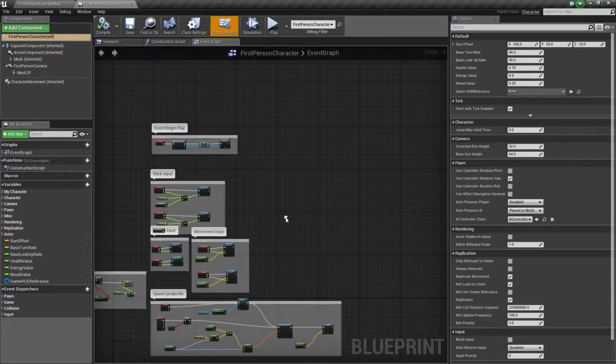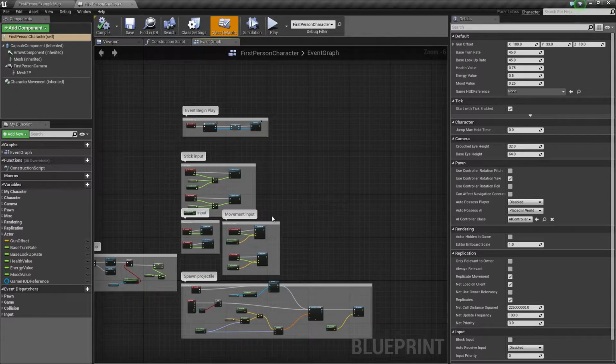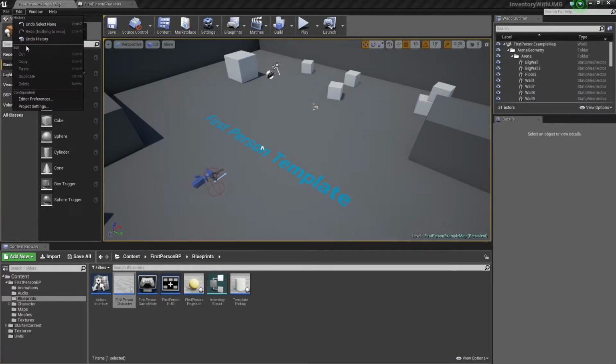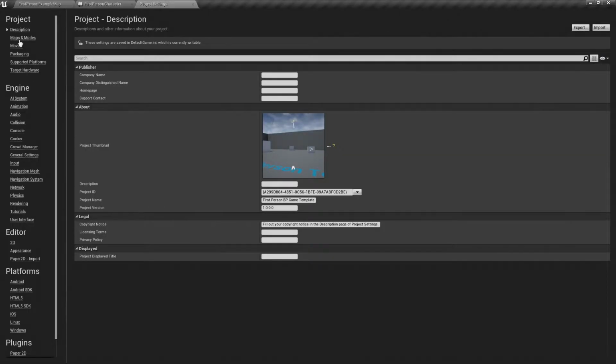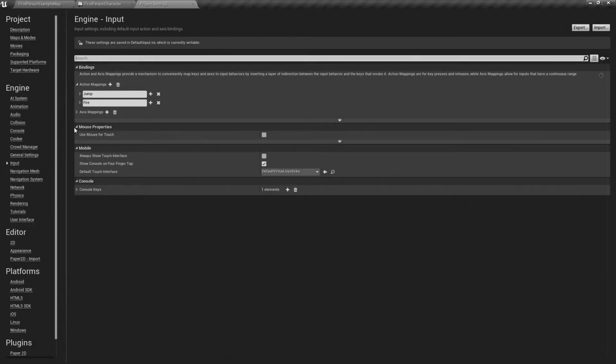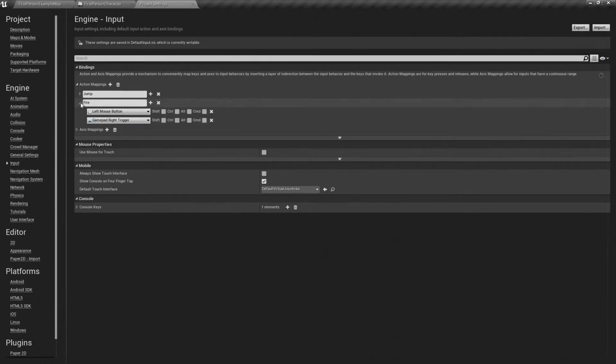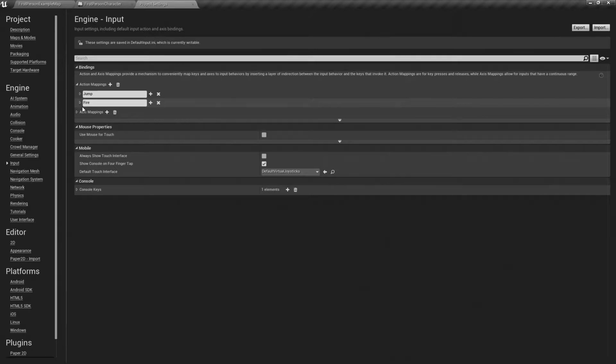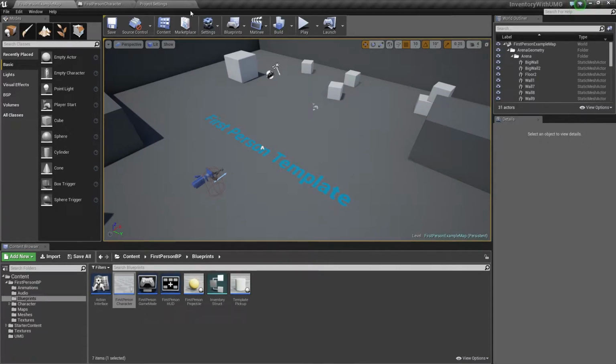Now for our purposes, we are going to be just using PC controls. So we're going to use the I key to bring up the inventory and the E key to pick up items. You would probably want to go into your project settings. If you go to project settings under edit here, under engine and input, you'd probably want to add some action mappings for these functions. So an inventory menu or a use button, excuse me. That way you could bind gamepad controls or touch controls if you're doing this for other than PC input. So for now, let's just go ahead and continue with PC input for our example here.